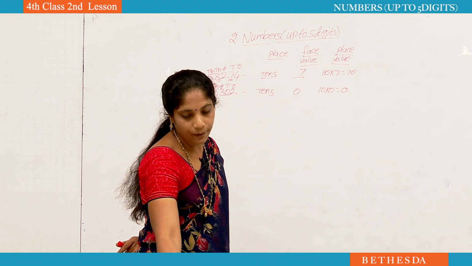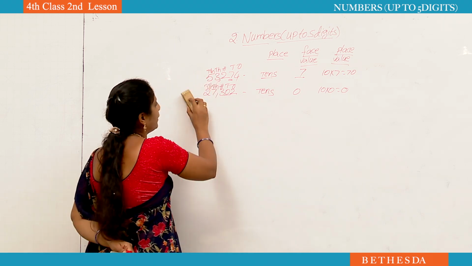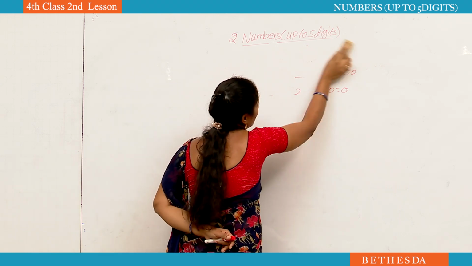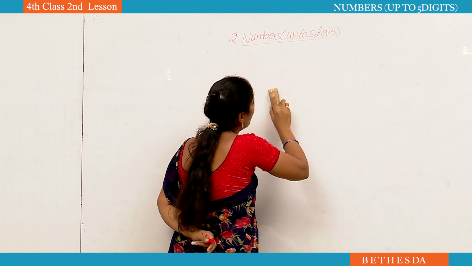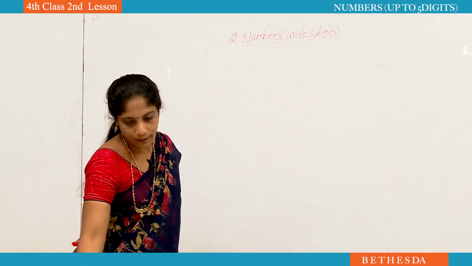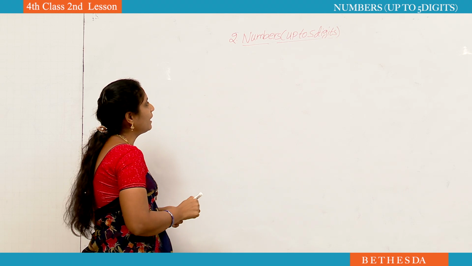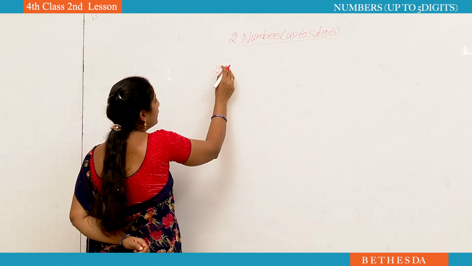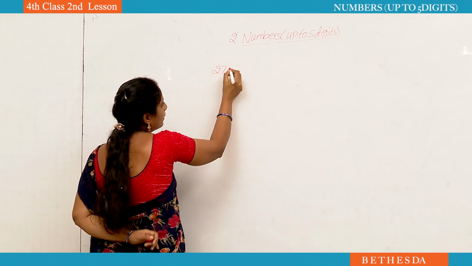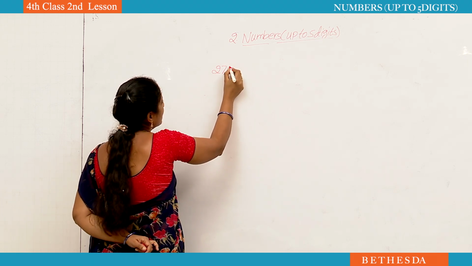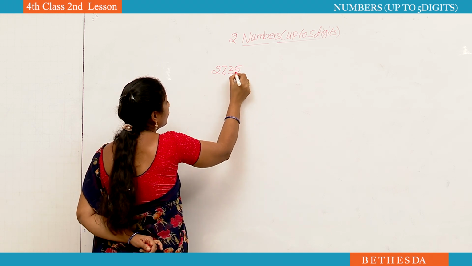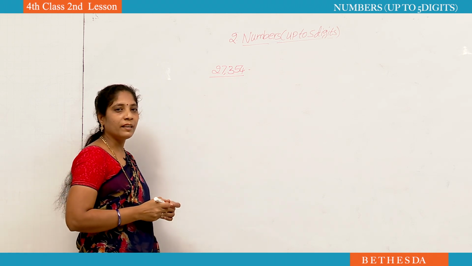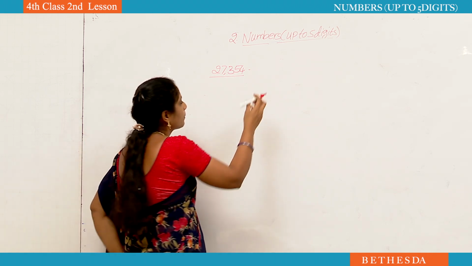Okay, did you understand? Now we are going to learn a new topic. What is the new topic, teacher? You can ask like that. This topic you did not learn in third class. Okay, see here, what is that? For example, he gave the number, I think you learned it in additions and subtractions, but you did not learn it here. 27,354. What did he ask you? Round off the nearest tens.